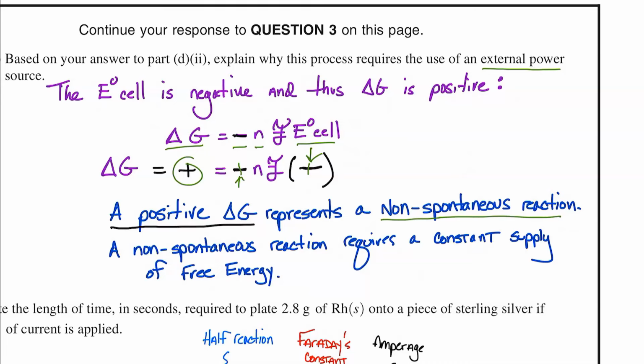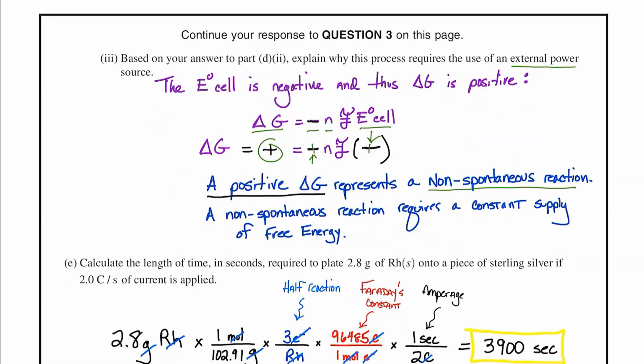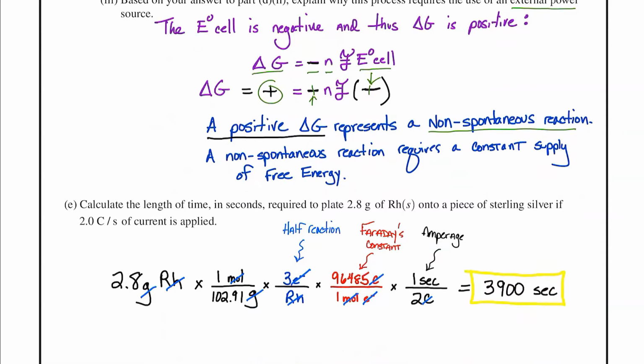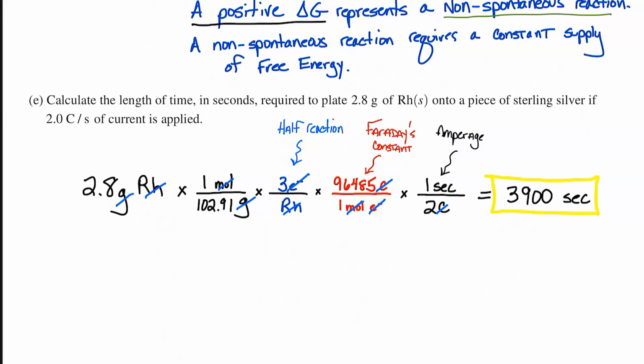I don't know how much more you can do there. I probably overdid it. They're probably looking for a statement: negative volts equates to a positive delta G. That's probably what they're looking for. But I'm using this to teach. Oh, I love these questions here. I know some people won't get the chance to teach this at the end of the course, but